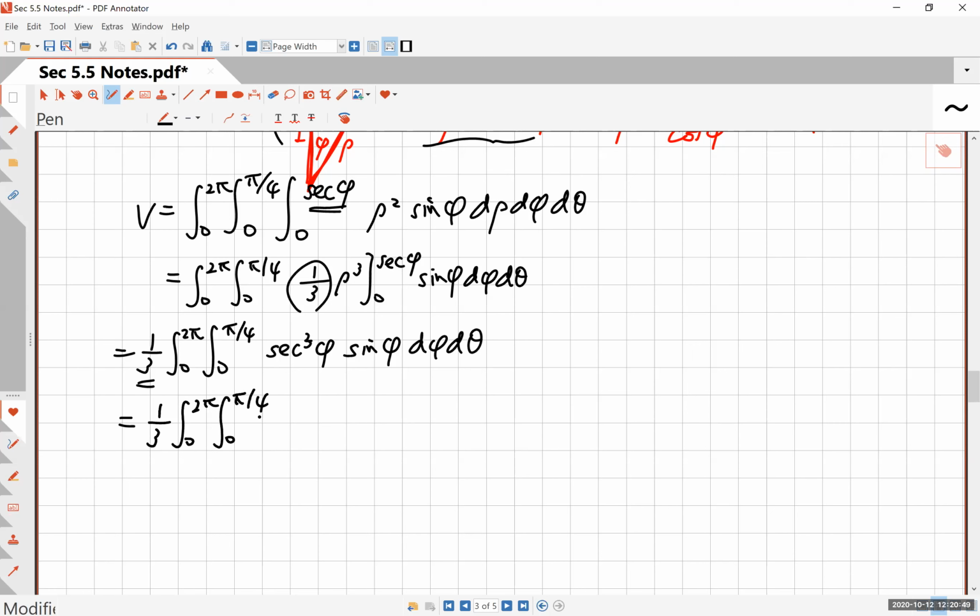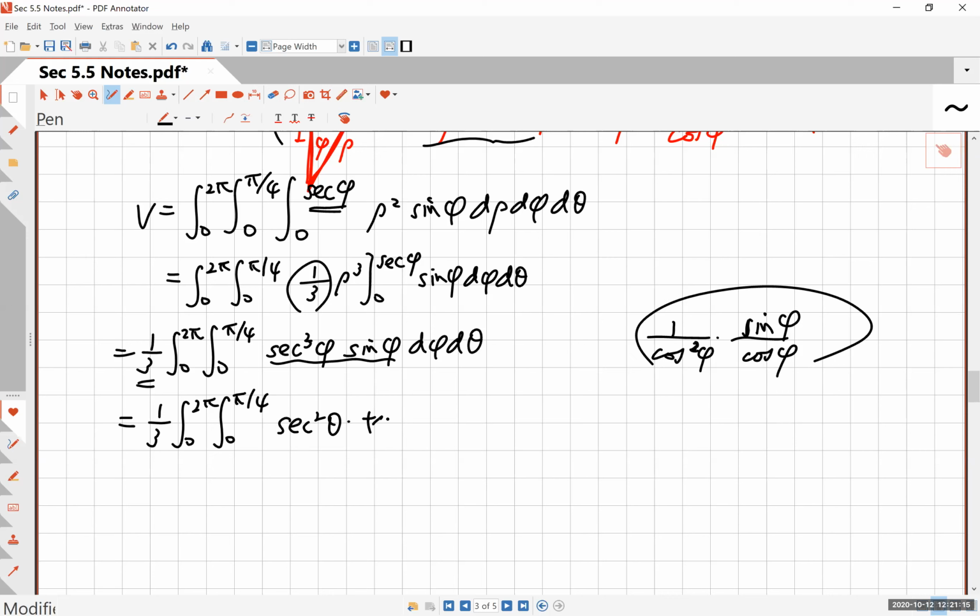And so what's secant? Secant is 1 over cosine. So you have 3 of these, and then you have sine of phi. So why don't we write this as something like this? Sine phi is on the top. Let's borrow one of these cosines here. This is a little simpler. What you have here is basically secant squared times tangent to the first degree. So now you have to think. This is tangent times secant squared, and you can do a u substitution.